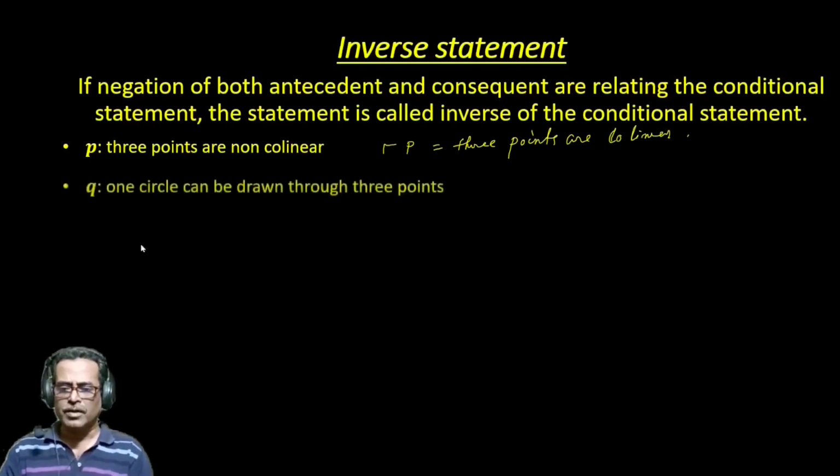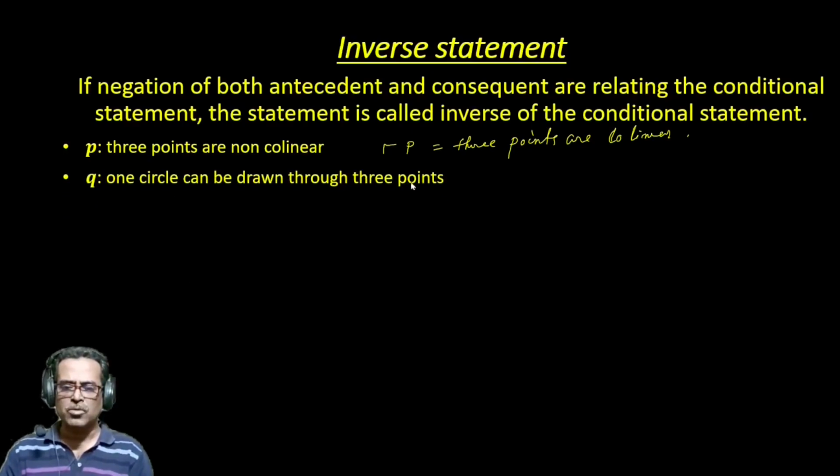Next, one circle can be drawn through 3 points. So we can say that negation of this will be easy. Negation of Q is one circle cannot be